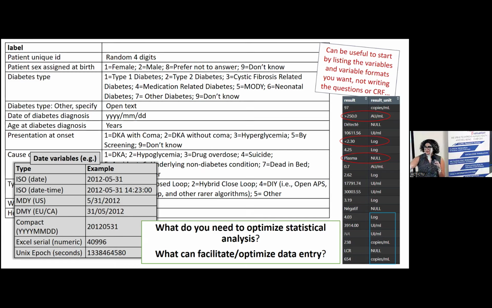A type of variable that we often struggle with, a sneaky one, is all the date variables. Maybe you're collecting day, month, year, but then when you open the data set in a different software to do your analyses, it decides to change the format into something else. For example, if you open it in Excel, it becomes a numerical series. Without getting into the technical details, at every step, anticipate the format you're expecting for your variables and how you'll be using them, so you can optimize data entry, but also statistical analyses.